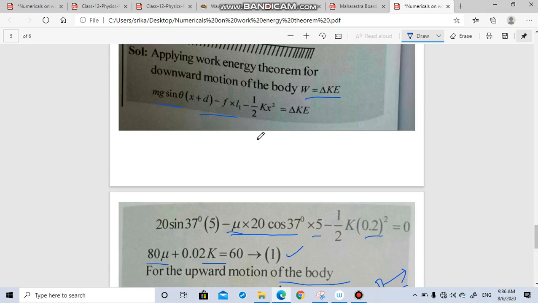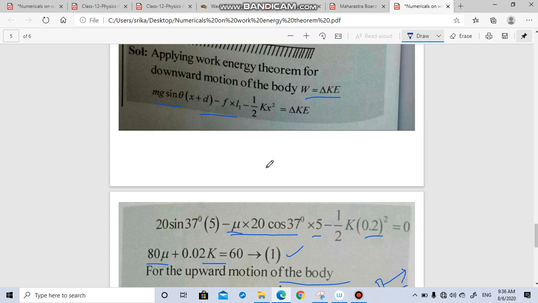So I have discussed some strategies and some methodologies for how to do work energy theorem questions. The questions I have discussed here have appeared in previous JEE entrance examinations. They are of a certain difficulty level, so practice them, and for any doubt just message me. I'll try to clear your doubt.